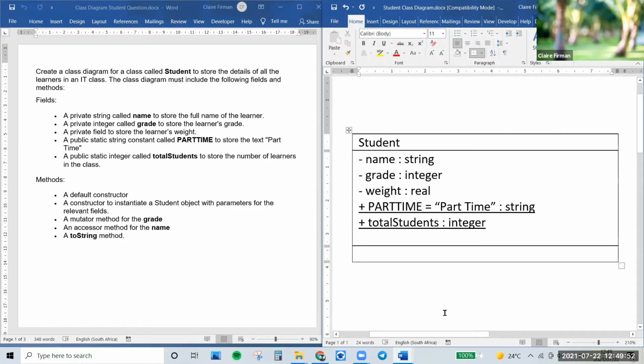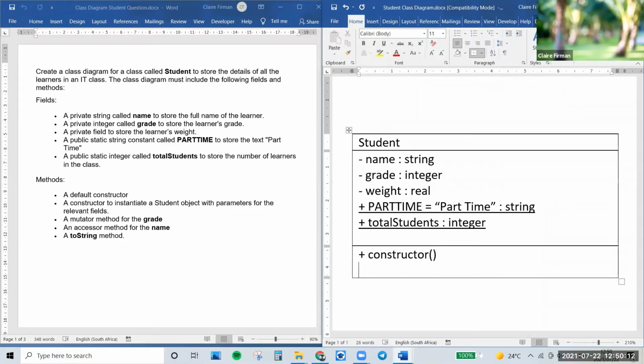So first of all, we want a default constructor. Now, I know that in Java, we always put the name of the constructor method the same as the name of the class, so it would be student. But when we do a class diagram, we just denote it as constructor. And this one would be bracket, bracket, because it's the default constructor. No parameters. The next one will have parameters. A constructor to instantiate a student object with parameters for the relevant fields. Let's go plus constructor,